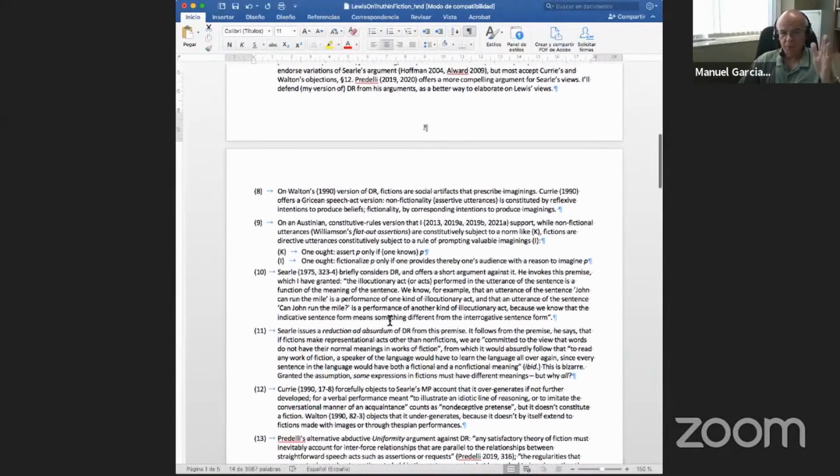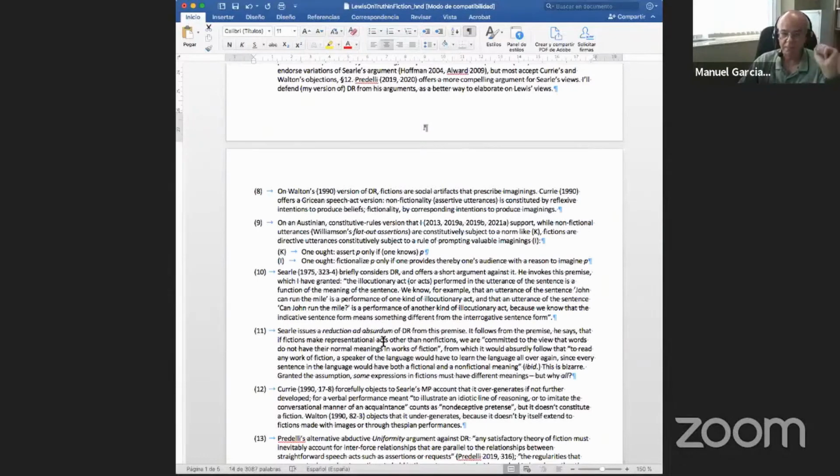So I will be calling MP, mere pretense, this view, this metasemantics, this ontology of fiction that Lewis assumes in the paper itself. And I will be calling DR, the dedicated representation view, the alternative. So I take Walton's, in fact, to have been mostly influential for the demise, for most people in current discussion of these issues,